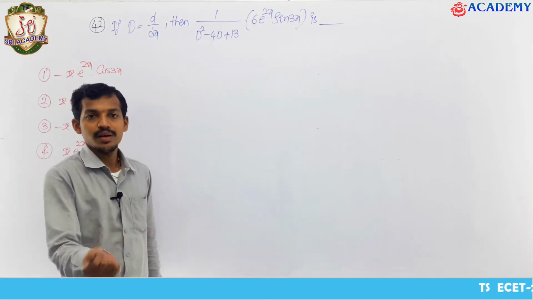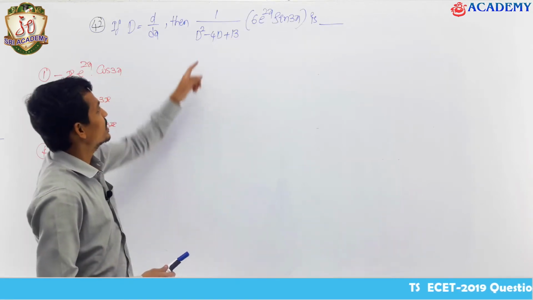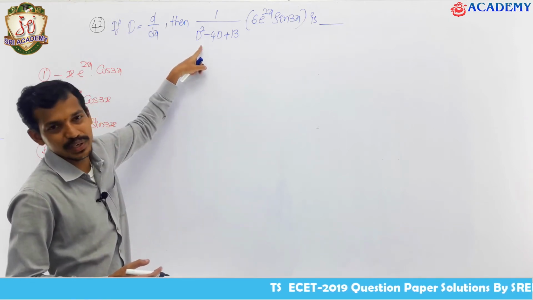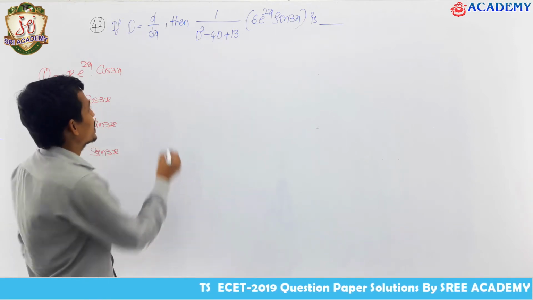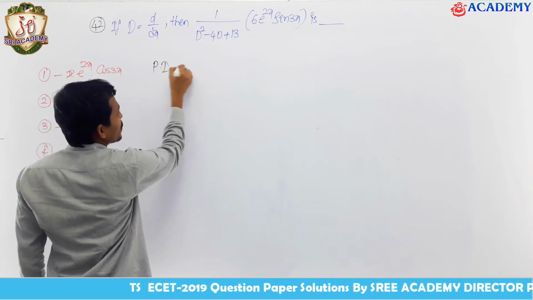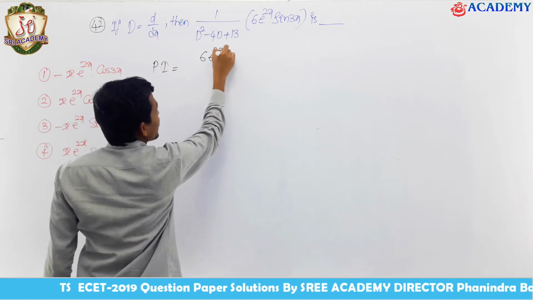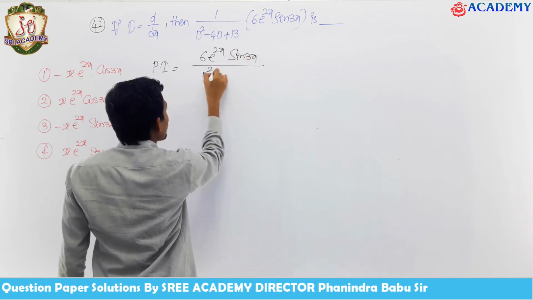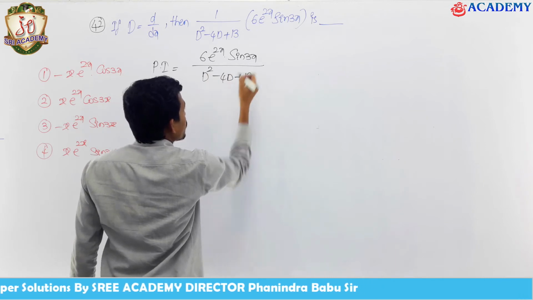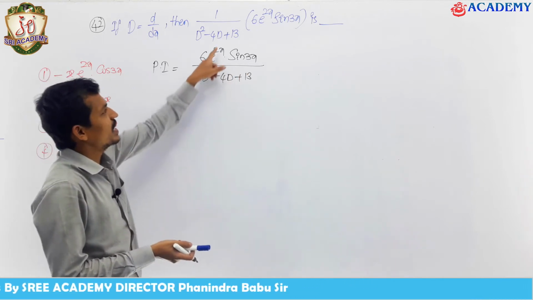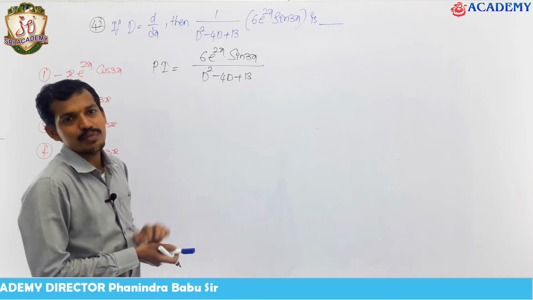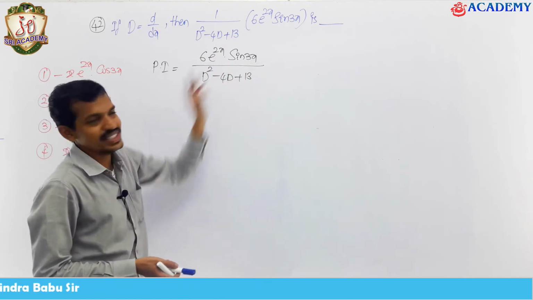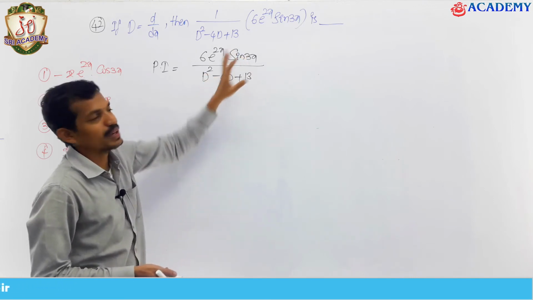Let's see another problem. Let's come to this problem. Given this one, indirectly it is asking for a particular solution. This is a representation of the particular solution. But the given function is asking for the particular solution of 6e power 2x into sine 3x divided by D square minus 4D plus 13. See, if e power ax is there only, we simply replace D with a, then you will get an answer. If sine is there, we write D square equal to minus a square, you will get an answer.